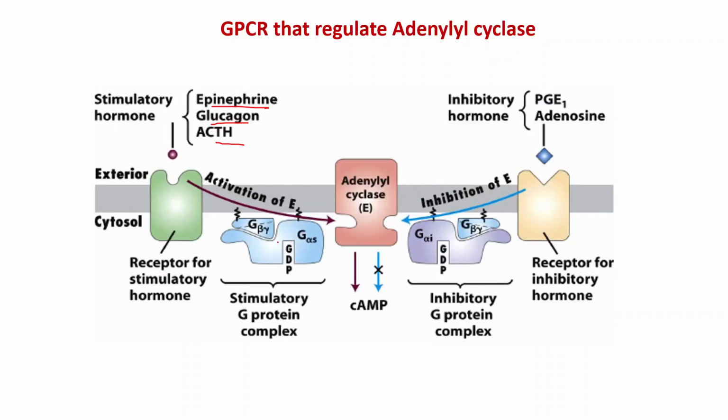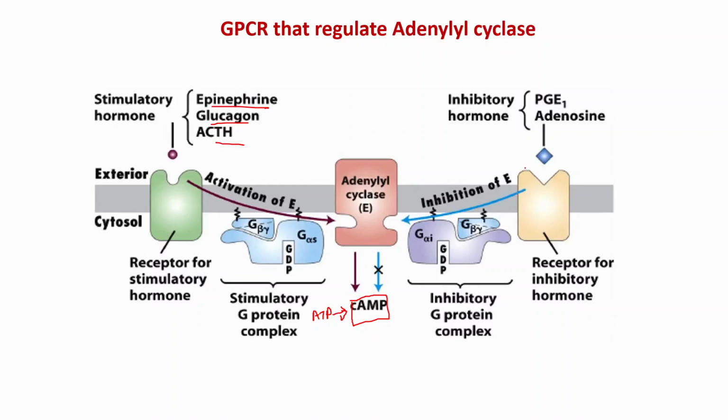And this alpha subunit will go and bind to the adenylate cyclase, and it will activate the adenylate cyclase, and it can produce cyclic AMP from ATP. ATP to cyclic AMP it will convert. But suppose the cyclic AMP concentration increases in the cytosol, then what will happen is the inhibitory